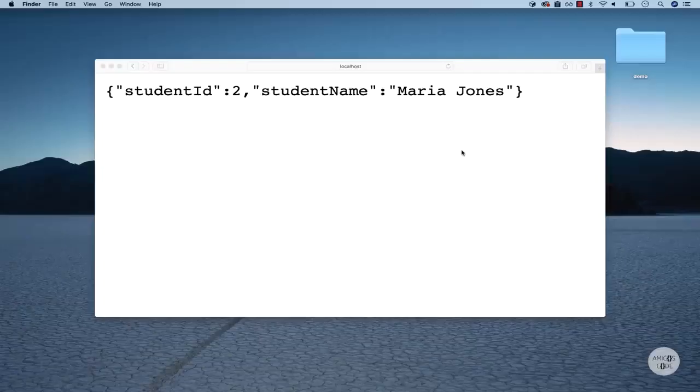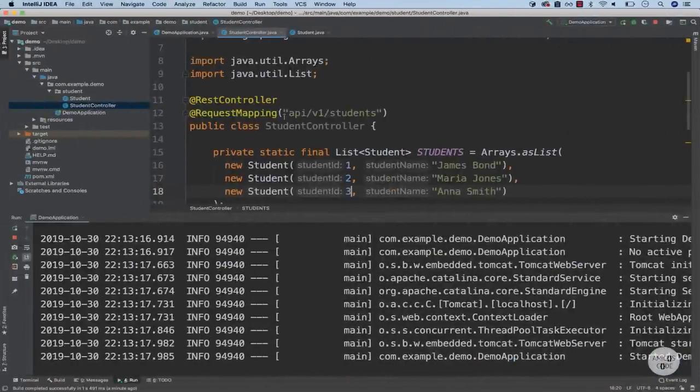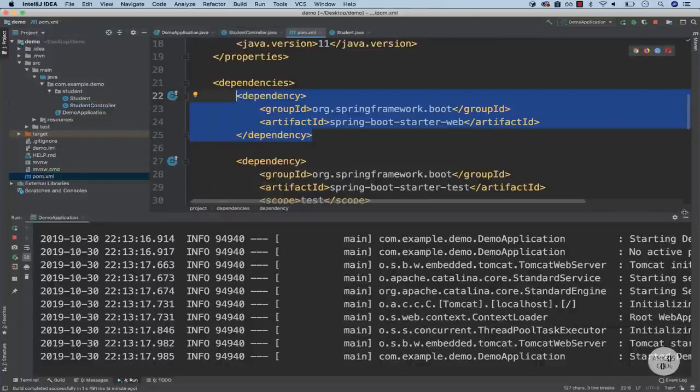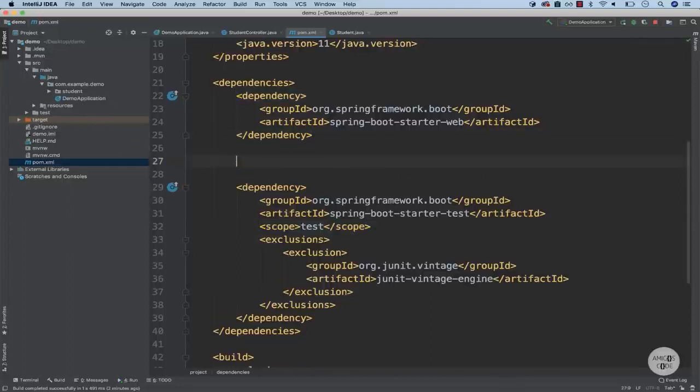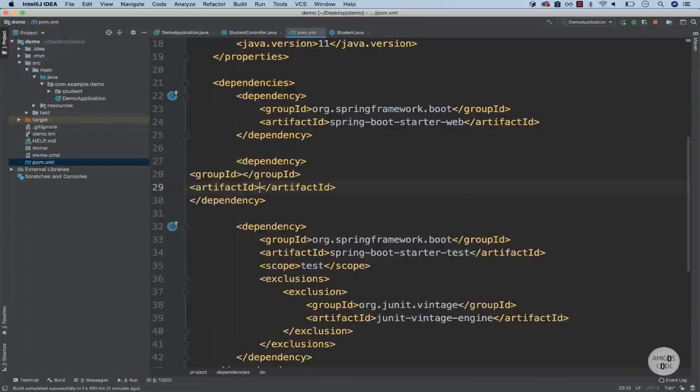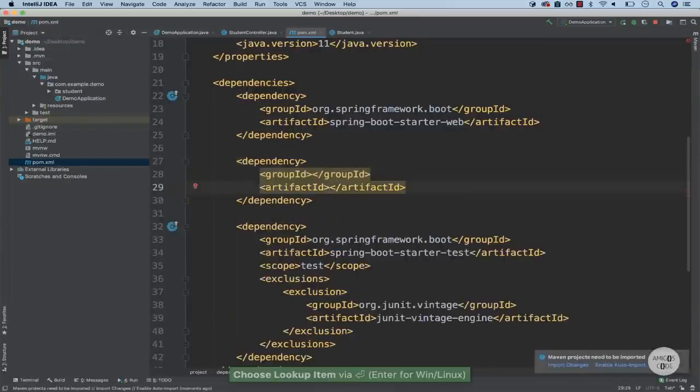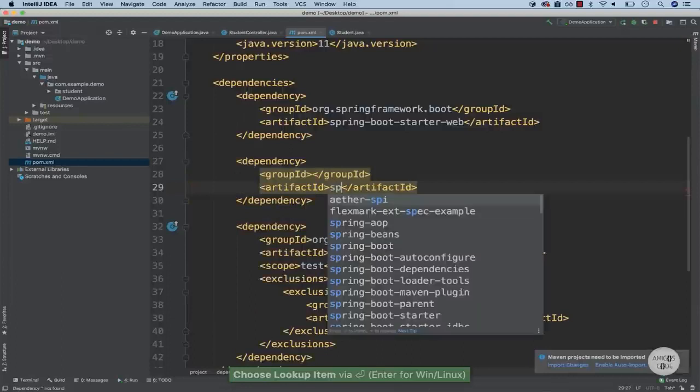Let's go ahead and add Spring Security into our project and start securing things. So let's go back to IntelliJ and open up the pom.xml. Inside of this pom.xml, this is where we're going to add Spring Security. Now go ahead and simply add a new dependency, and for the artifact, simply say Spring